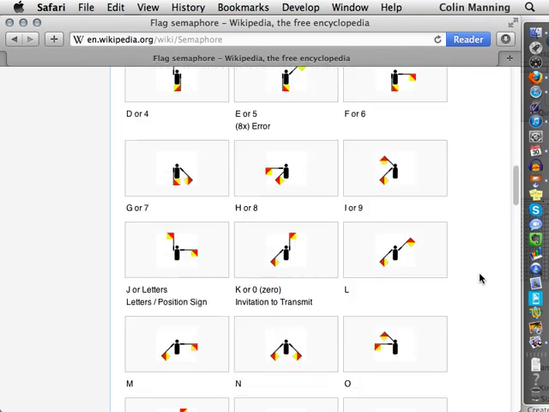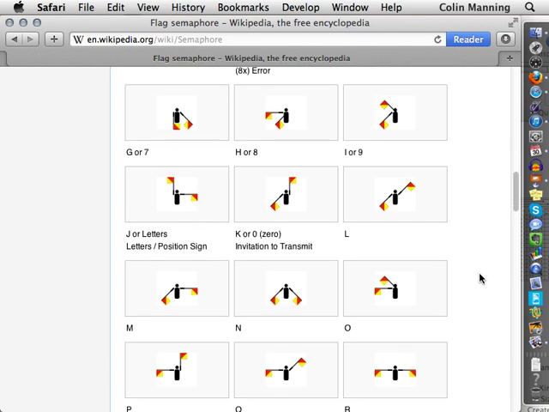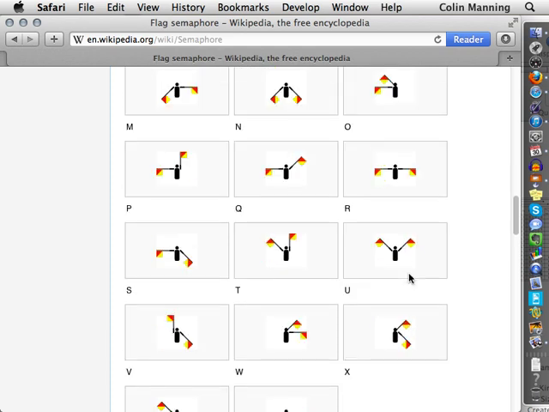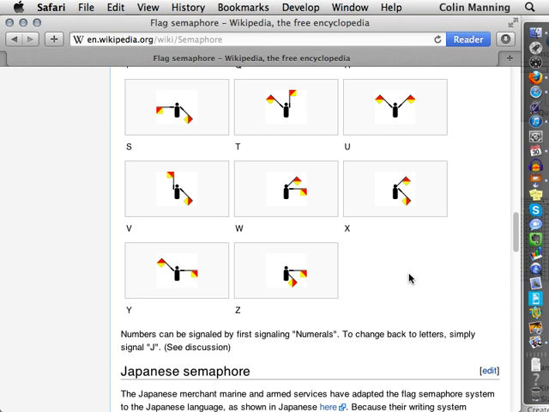So you can see the 2 armed ones, right? There's very few. I think the scope for confusing I with O, for example, seems very great to me. But you could see how the angle could be off, so they've kept them to quite a minimum. That's why you use flags, so the positions are exaggerated. If you're in the Navy you're probably big and strong anyway. But if these flags were a meter long, the positions would be more